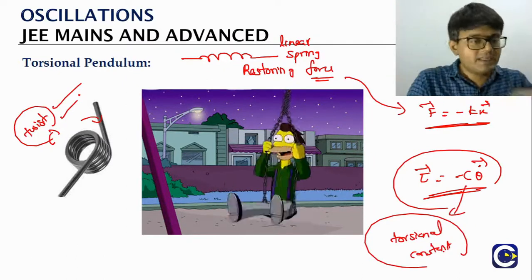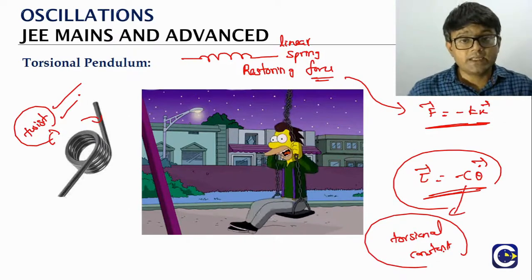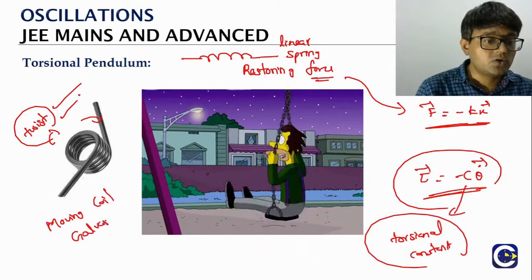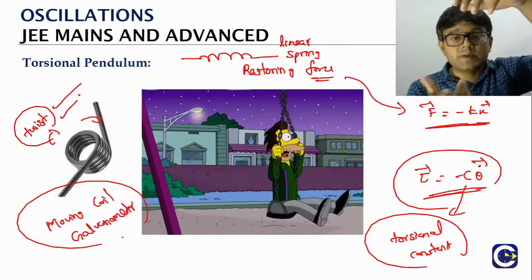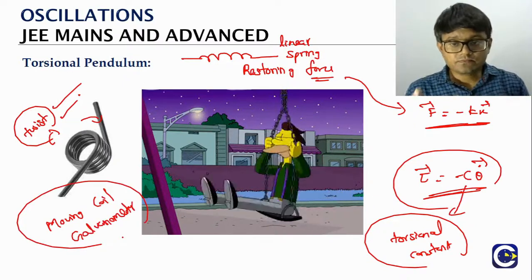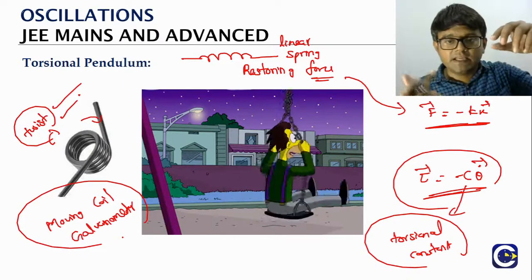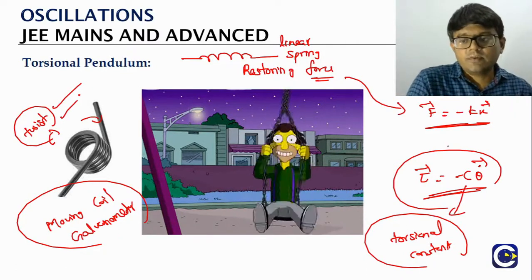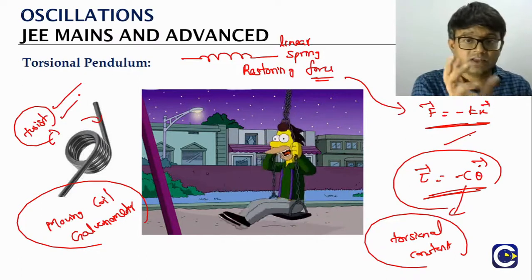So the linear spring is there and the torsional spring is there. In fact, when we go to plus 2, in the moving coil galvanometer, just make a note of it, we will also talk about this torsional spring. Below the coil, we keep the spring. When the coil is rotating, a restoring torque will be produced in the torsional spring, always proportional to the angular displacement, the twist that is caused.